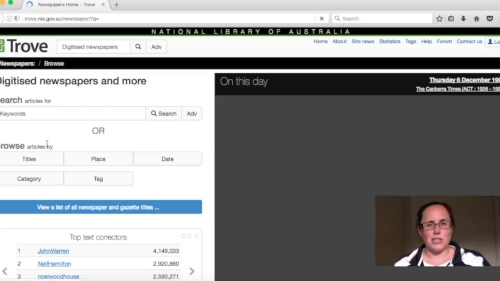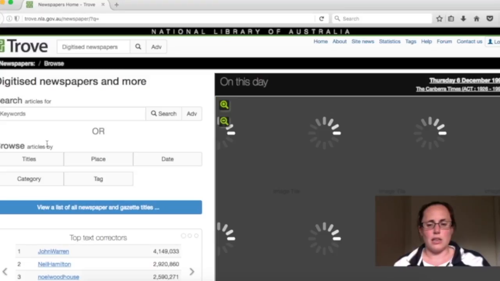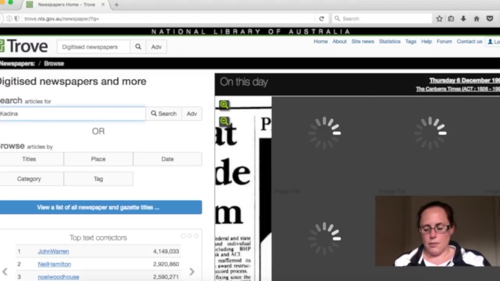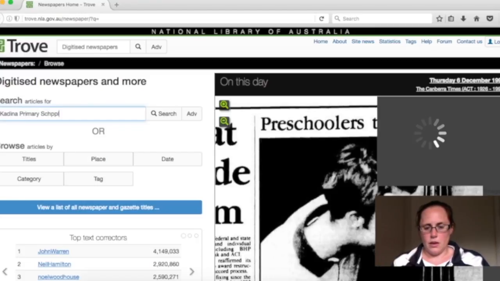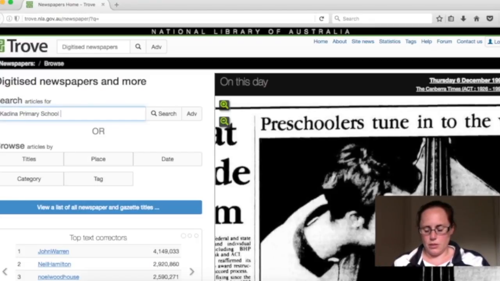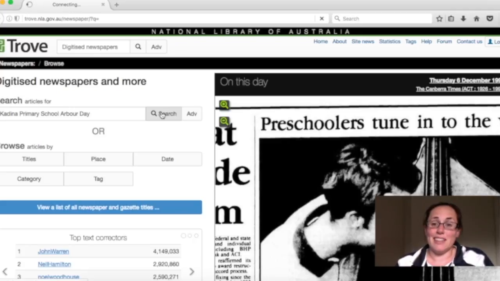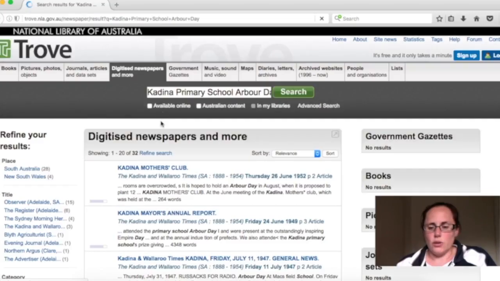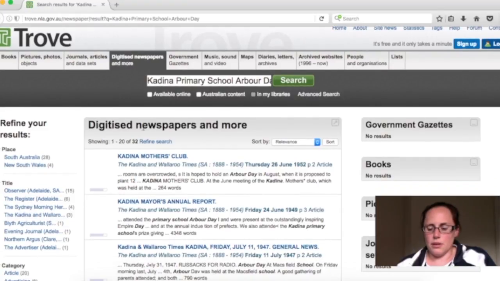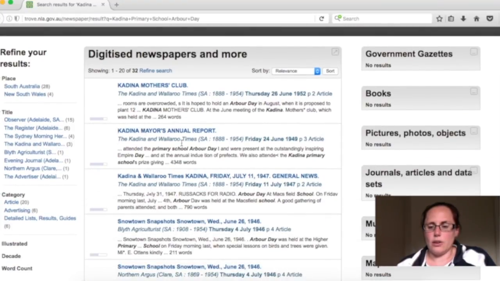This is the search engine. It's not quite as simple as Google, but it is a little bit simple. So what I want to do is put in here Kadina Primary School and Arbor Day. I'm just going to go with that. Let's see what comes out. It has been a while since I searched for this, so I don't know how much is actually going to be available. So, the Kadina Mothers Club, Kadina Mayor's annual event,